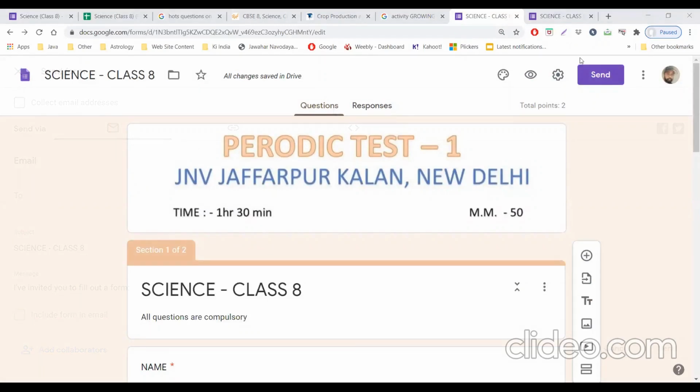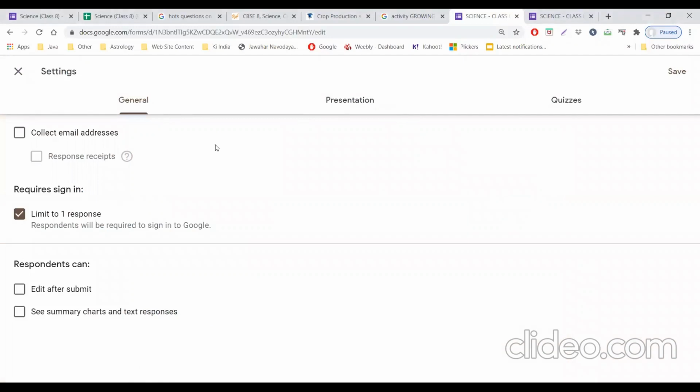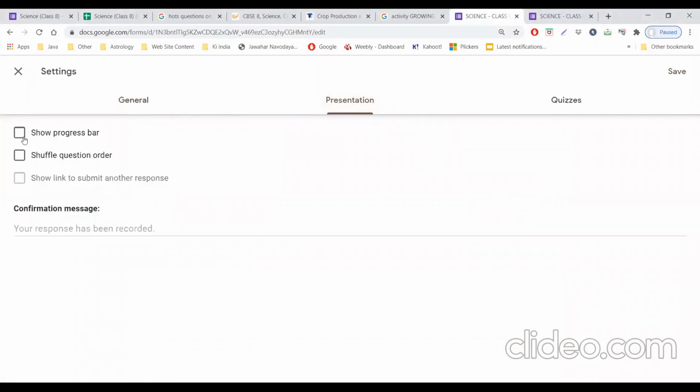You have to do that before sharing with the students. This is what we have changed. You can change the presentation also. You can click the show progress bar. It will show how much of the exam is completed.